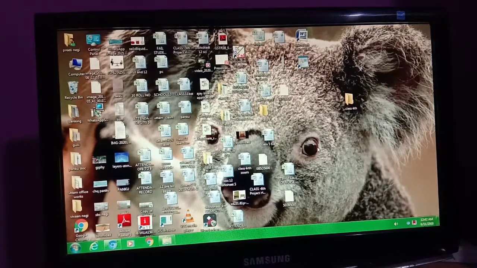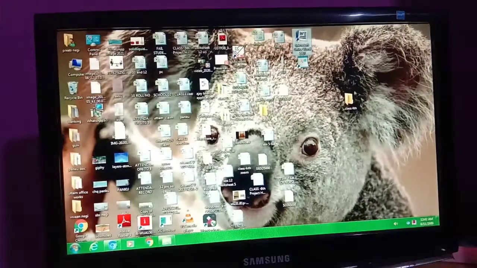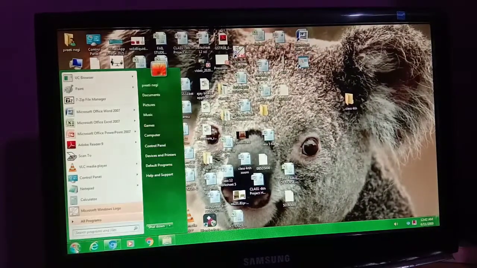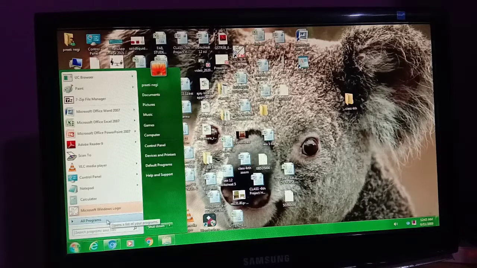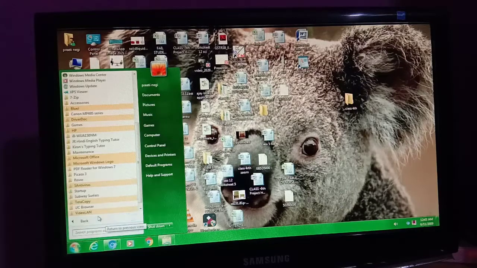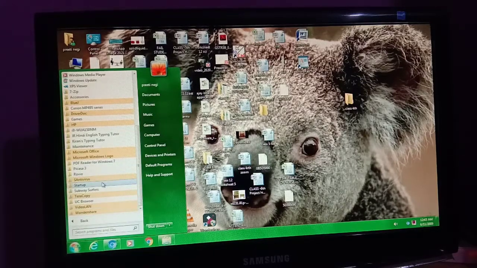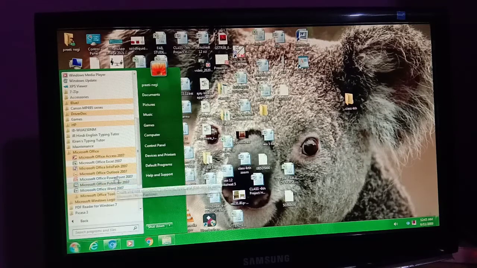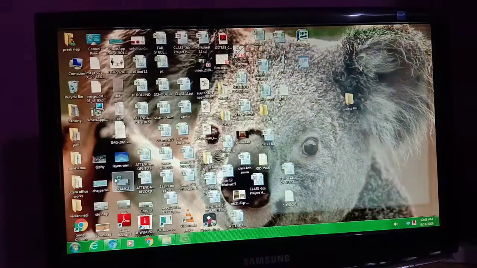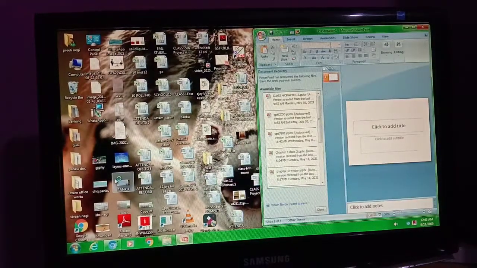You know the first step, how many times I'm repeating it. How to start Microsoft PowerPoint? It's very easy. Go to the start menu, and then click on All Programs. In All Programs we need to click on Microsoft Office, and in Microsoft Office we need to click on Microsoft Office PowerPoint.